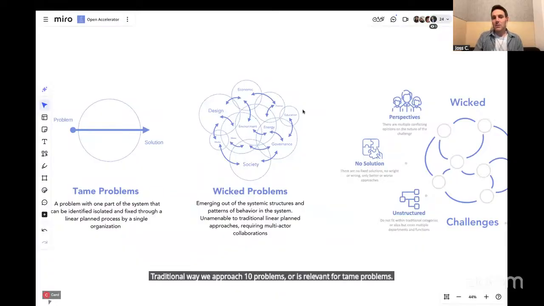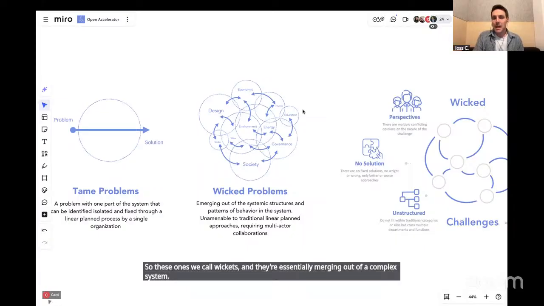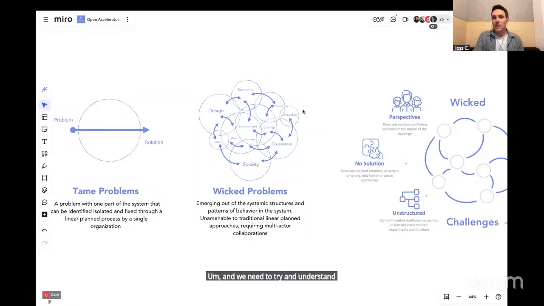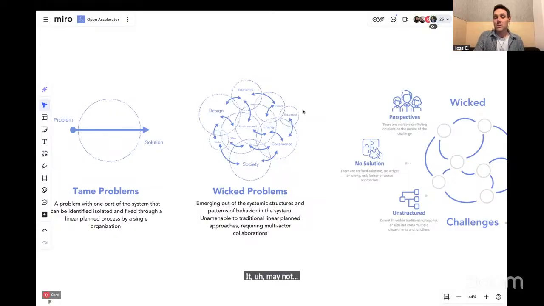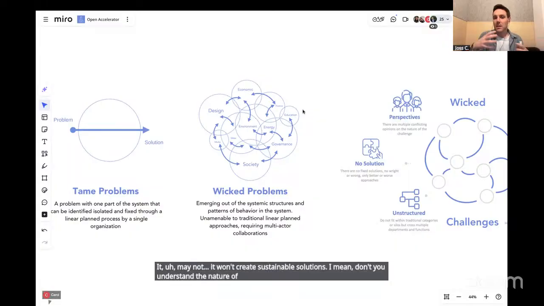So these ones we call wicked, and they're essentially emerging out of a complex system. And we need to try and understand that complex system. If we just try and go and fix the problem, it won't create sustainable solutions. We need to actually understand the nature of the complex system and the interactions and so forth. And we need to take a much more holistic approach to how we go about influencing and making change happen